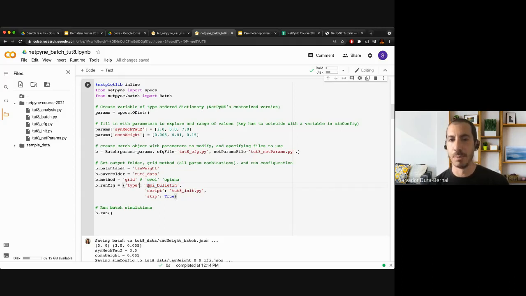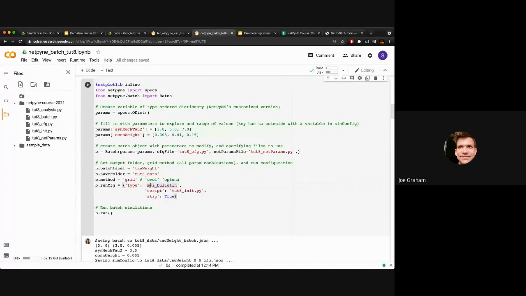So MPI bulletin comes from something called the bulletin board, which is a specific feature of the Neuron simulator that allows you to run simulations in parallel and have what they call a master node and several slave nodes. So the master node is going to distribute jobs into the different slave nodes, and each of those and child nodes,